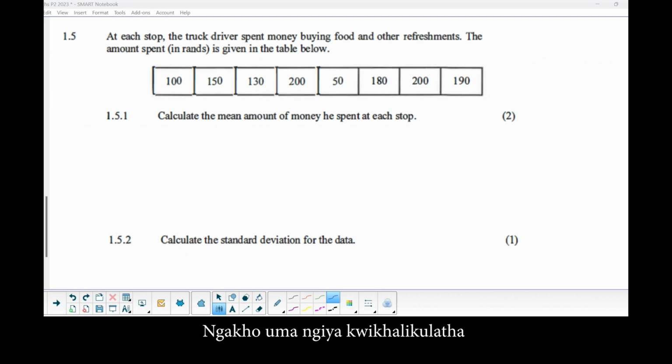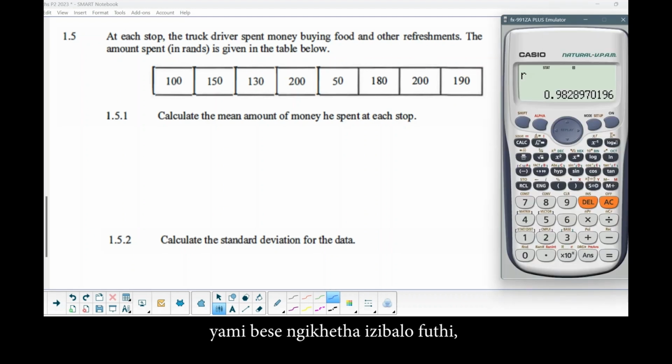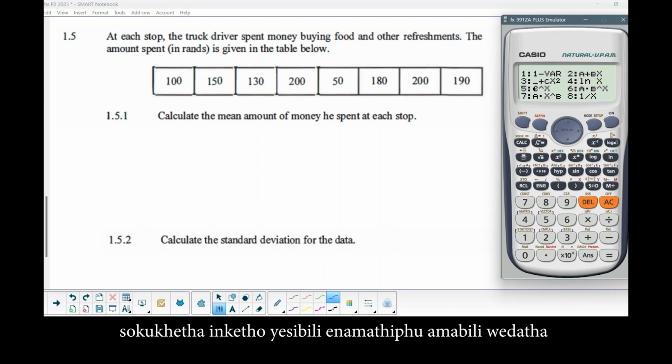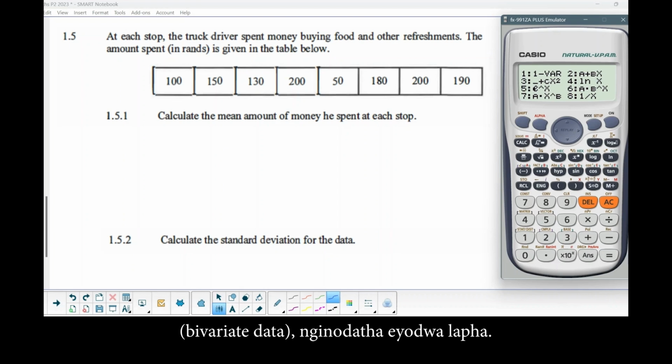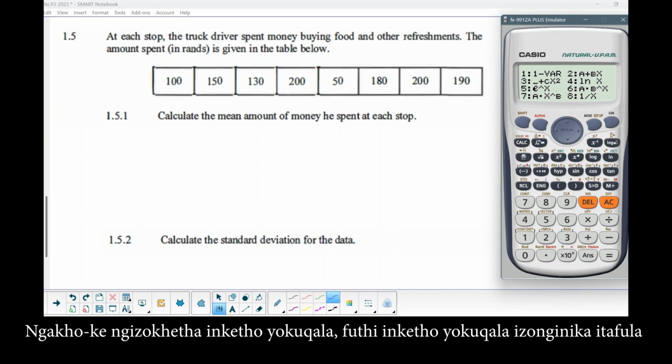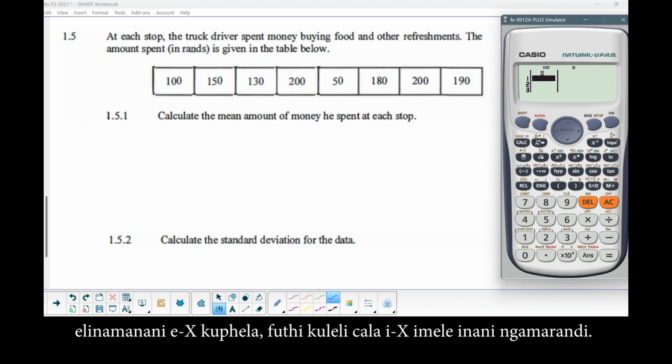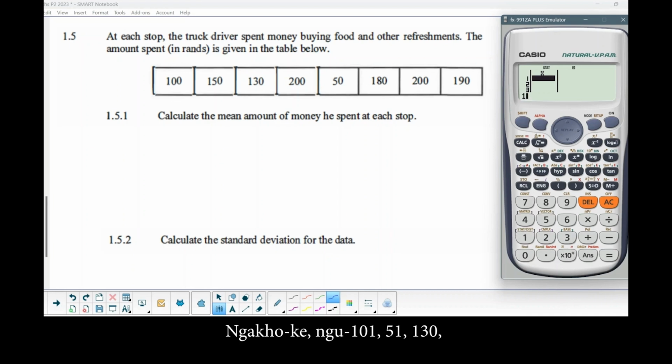So when I go into my calculator and I choose my stats mode again, this time, instead of choosing option 2, where there's two types of data, bivariate data, I have a single variable here. It's just money. So I'm going to choose option 1. And option 1 will give me a table that has only X values. And in this case, my X represents the cost in rands. So that's 100,